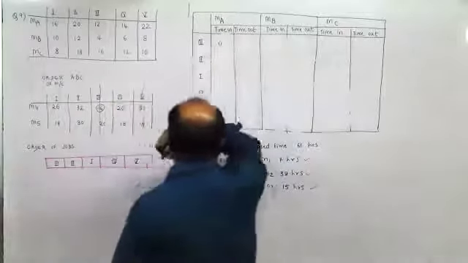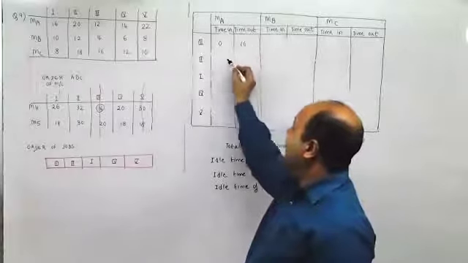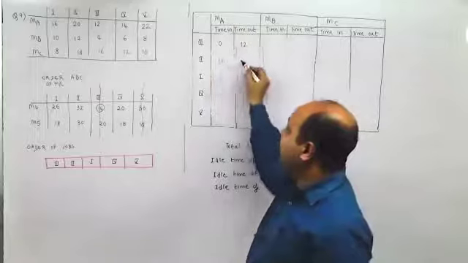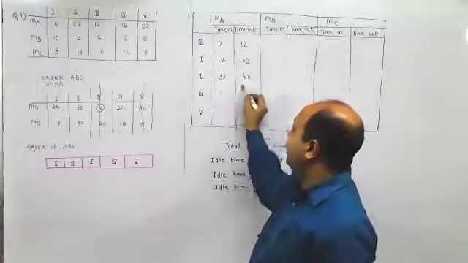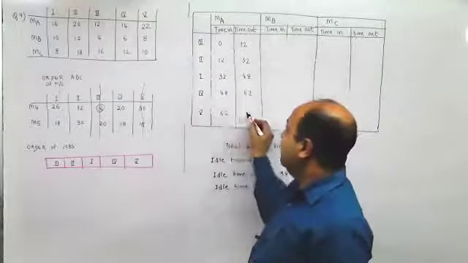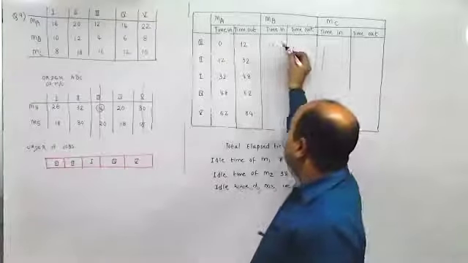Time in 0. For A machine, it is 16. Sorry, third one. So 12. This is 12. For the second one, 32. 32 for the first one, it is 48. 48 for the fourth one, it is 62. 62 for the fifth one, it is 84. This would be 12. Time out.